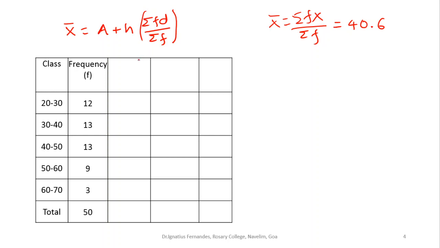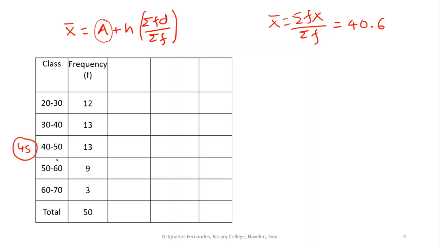So the first thing that we do is we assume a mean. From the range of data that we are talking about, this data is between 20 to 70. We assume a value, preferably inside 20 and 70. We can assume any value that way. But if you consider an intermediate value within the range 20 to 70, somewhere between say 40 to 50, take it as 45.